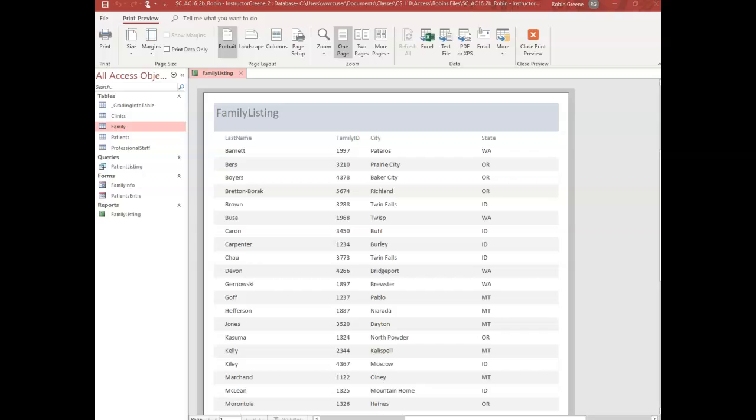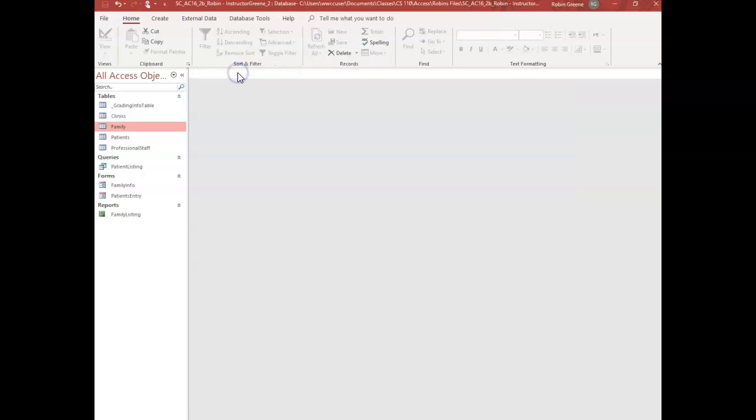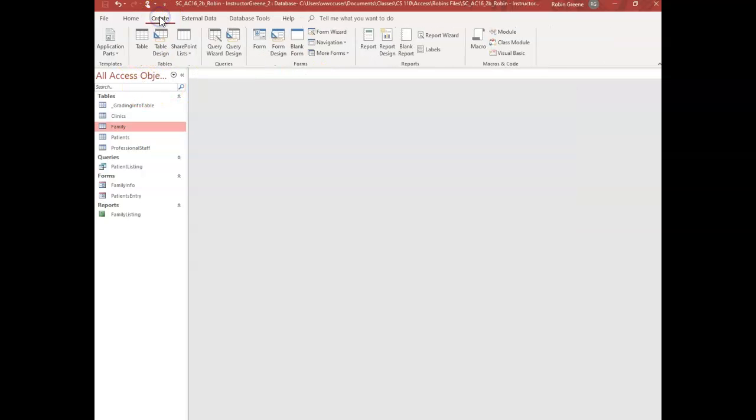So once again, just very quick about how to use that options for creating. Pretty simple. I'm going to go ahead and close it. And then if I go in here and I try to create a table, I'll go ahead and say, okay, I'm going to create a table. And if I go in Design View,